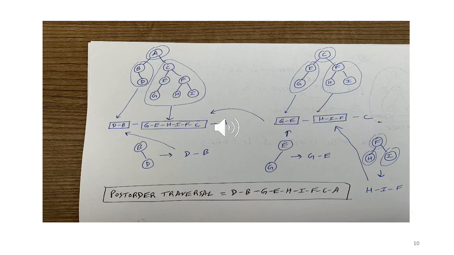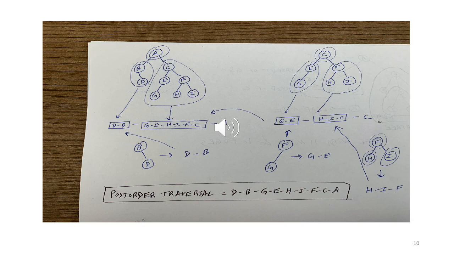For that, we do a post order on the tree rooted at C. So we draw that: C, E, F, G, H, I. We divide this tree into three parts: root, left subtree, right subtree. And again, how do we evaluate? For the left subtree, we have a box, which will have E and G in some order, followed by the right subtree, which will have F, H, I in some order, and followed by the root, which is C, a single node.